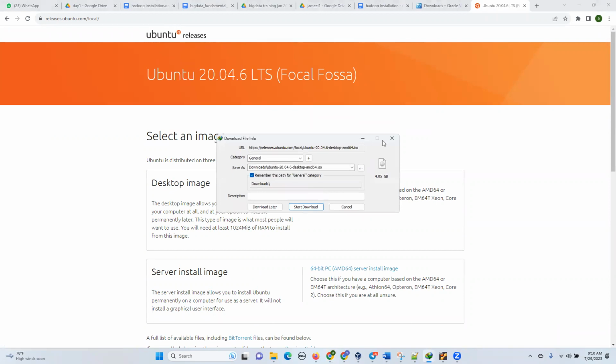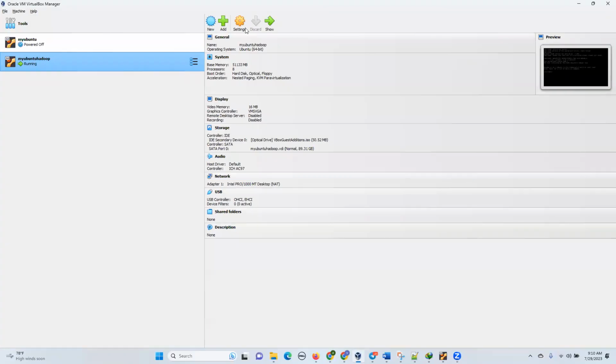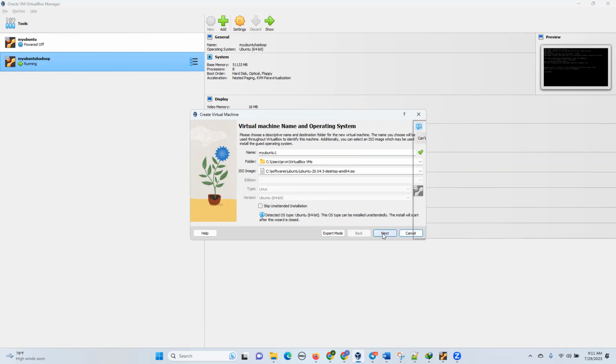Once you download this ISO file, you have to configure it in your VirtualBox. Go to VirtualBox, there is a New option, and here you can give your machine a name. I'm calling mine Ubuntu 1, and you can select your ISO file location. It is the default Linux version, Ubuntu 64-bit. Next, you have to